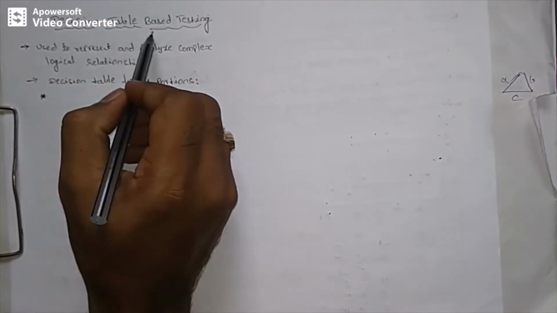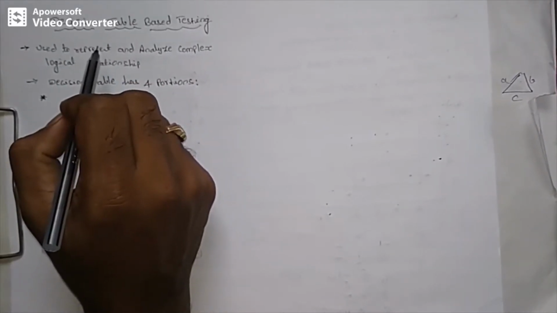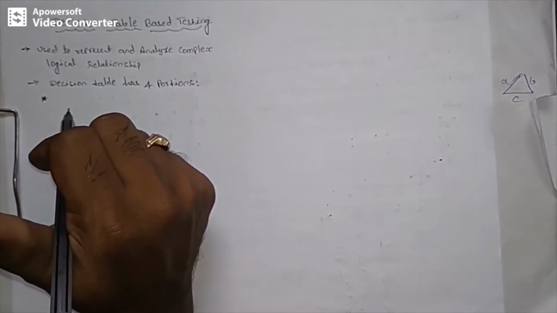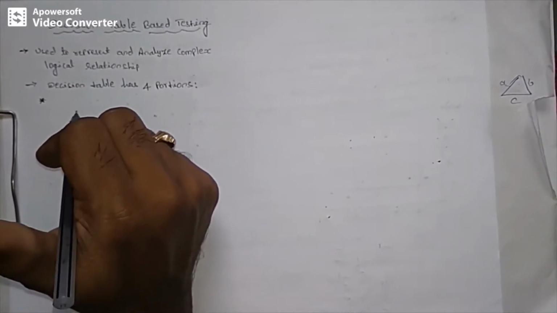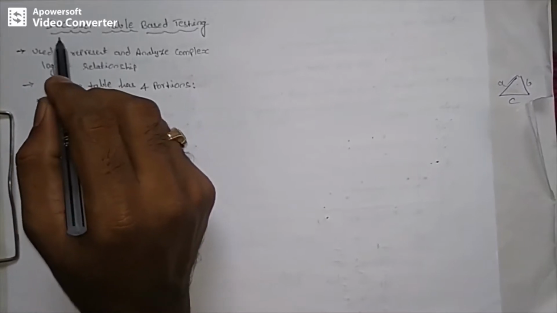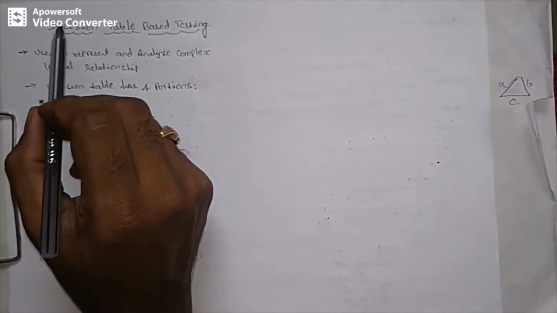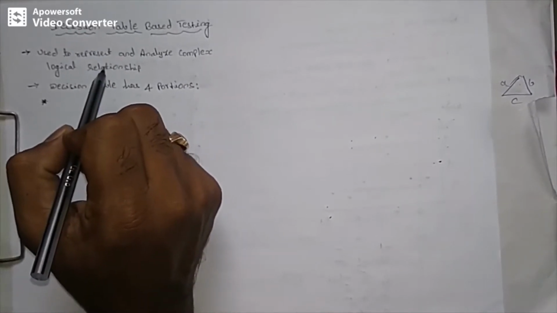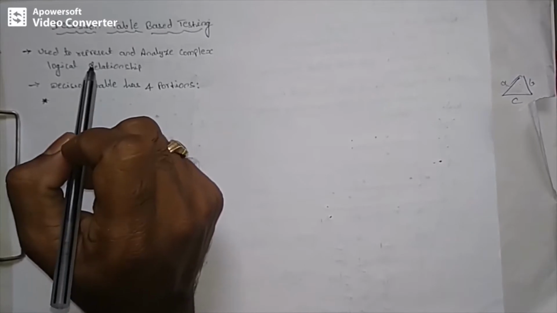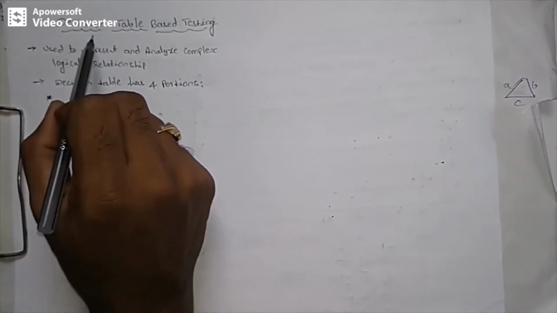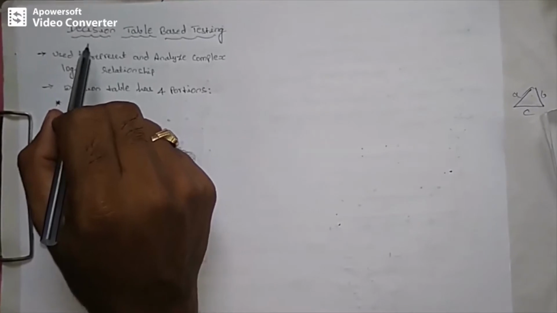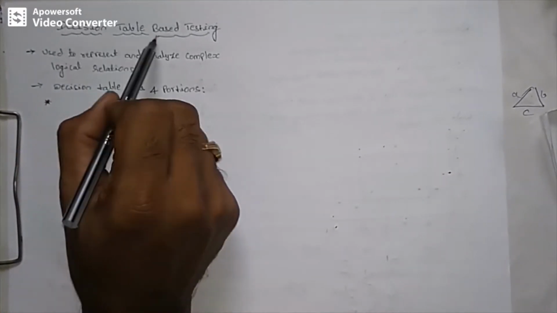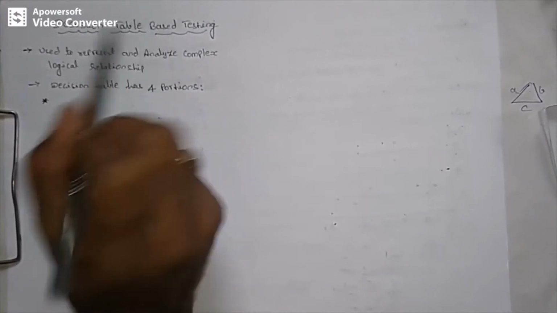So what are the drawbacks that exist in the equivalence class partitioning method? In the equivalence class partitioning method, we cover the whole input domain range, that is, complete testing, and we also try to avoid redundancy, but the redundancies are still not removed in the equivalence class partition technique. That redundancy we will overcome under decision table based testing. That is the advantage of using the decision table testing technique.